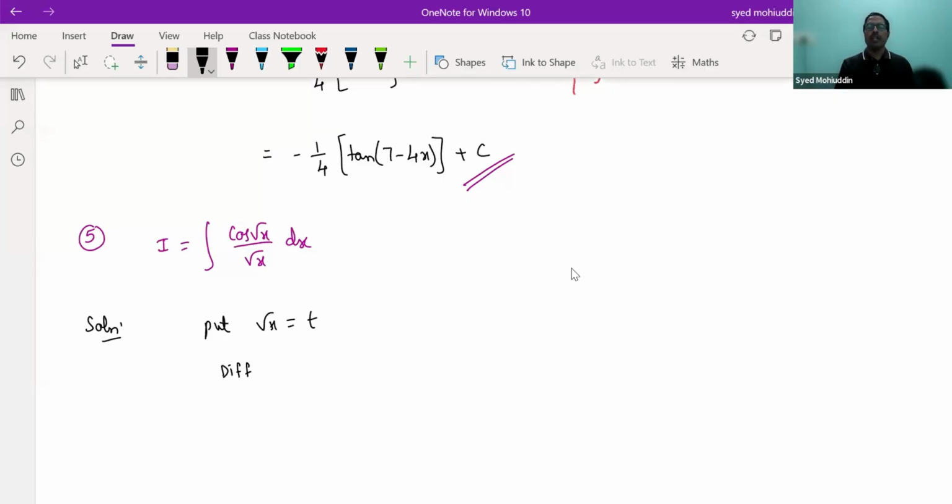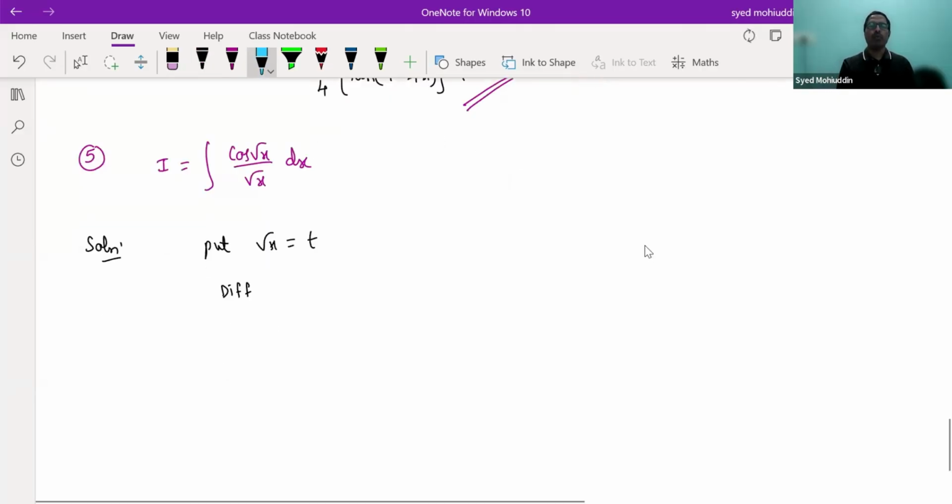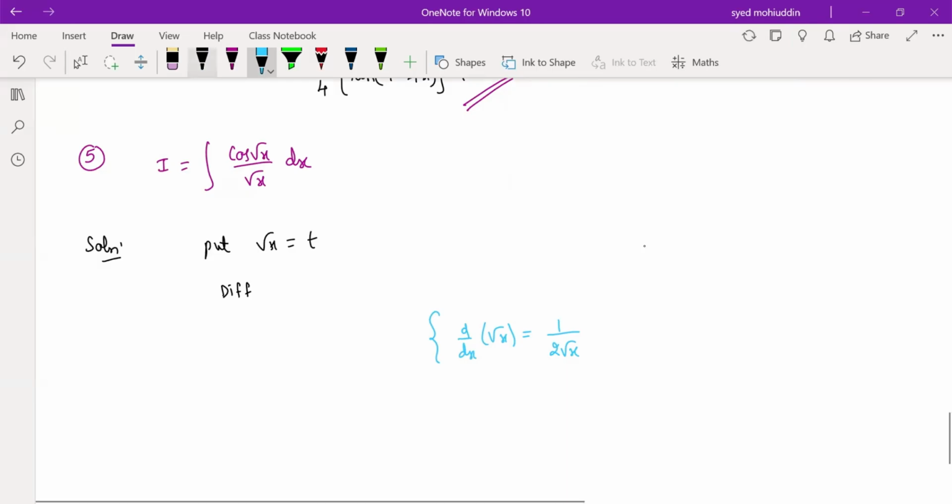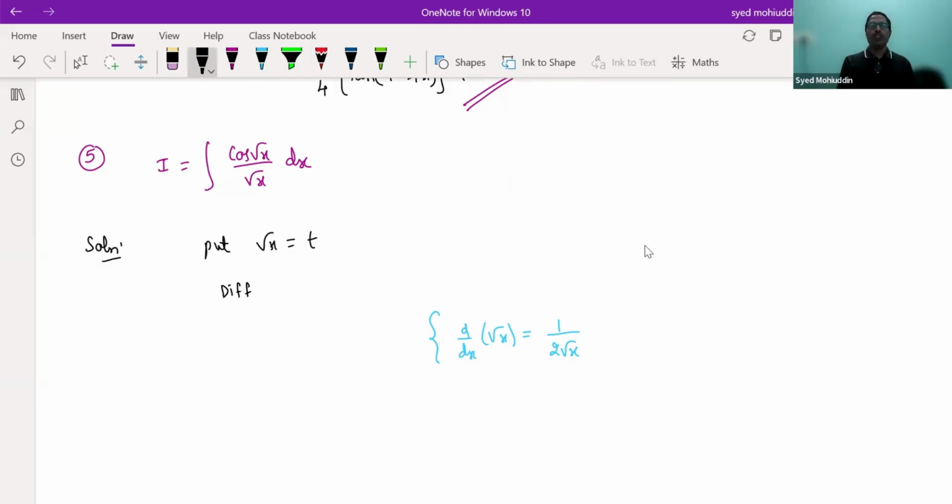Differentiate. Derivative of root, it is better you remember this: d by dx of root x will be nothing but 1 by 2 root x. That's the formula we have. You remember this one? d by dx of root x is 1 by 2 root x. So now let us try to apply that one here. Differentiation of root of x will be 1 by 2 root of x into derivative of x will be dx